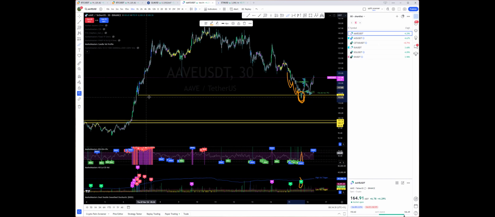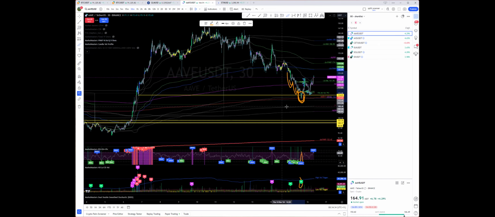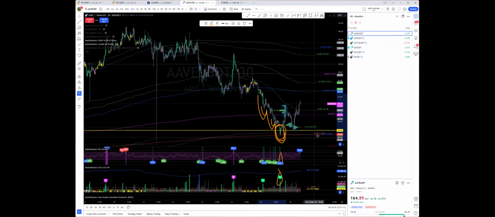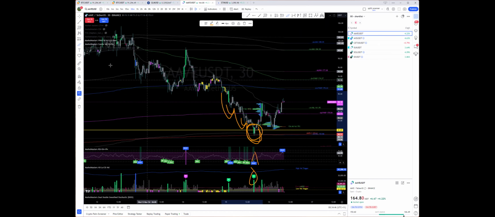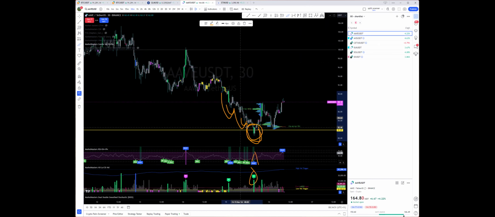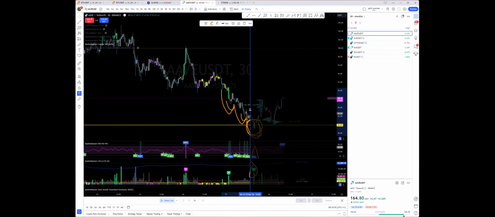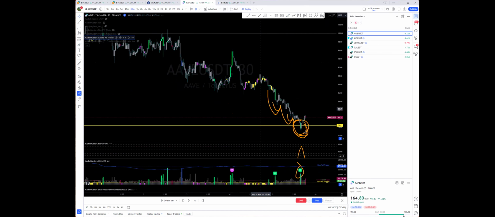There was this little dip here, and it probably lined up with a few other confluences. It also tagged this date-anchored VWAP, or actually the standard deviation of that VWAP. There are also a couple of other confluences in there. So all I do is wait for the alert, check out what other confluences I've got going there, and wait for the pattern to show up. So if I go back here,